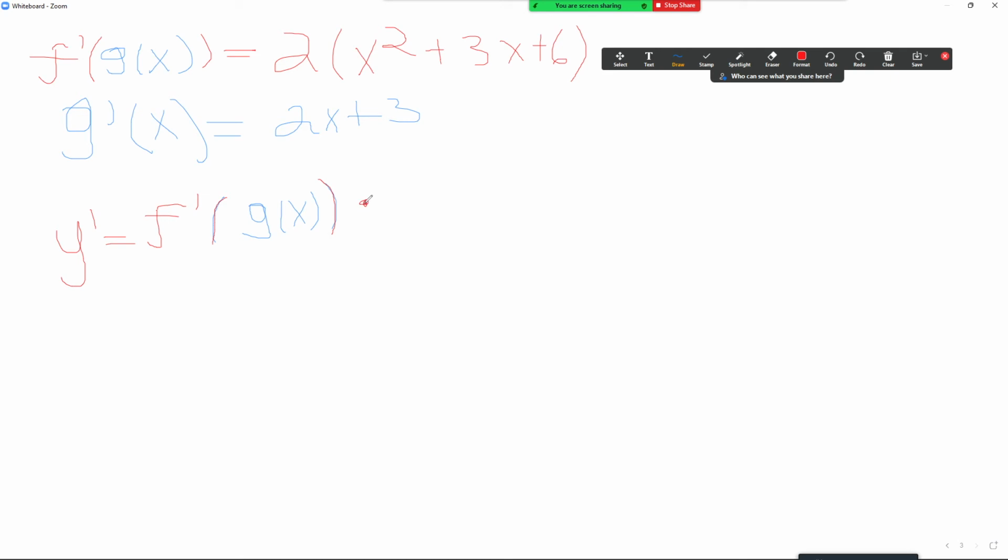multiplied by the derivative of the inside function. And the inside function is represented as g prime of x. So now the last thing to do is to say, well, the derivative of our y function, the first derivative, will be 2 times x squared plus 3x plus 6